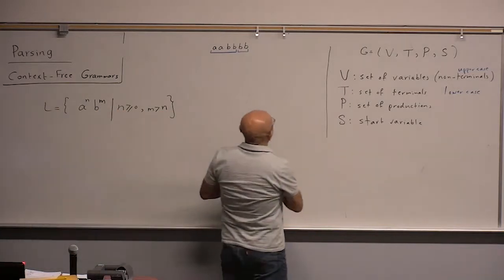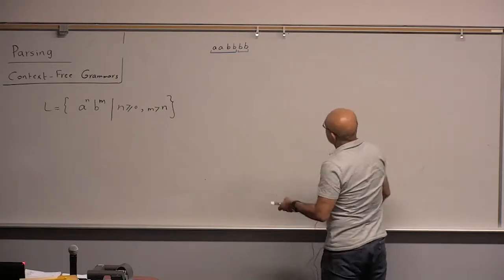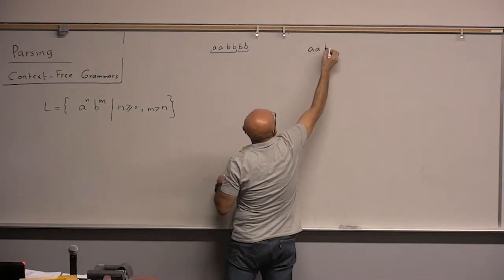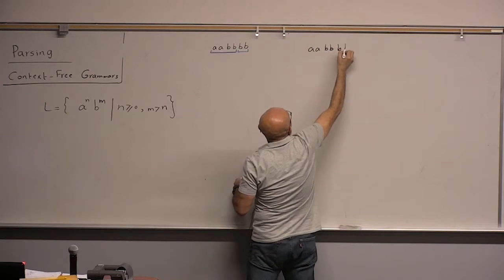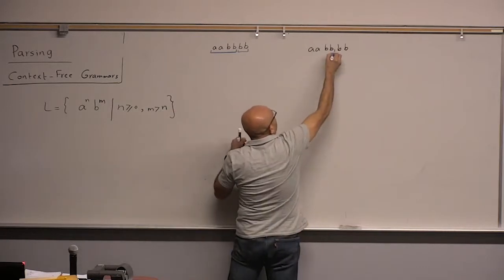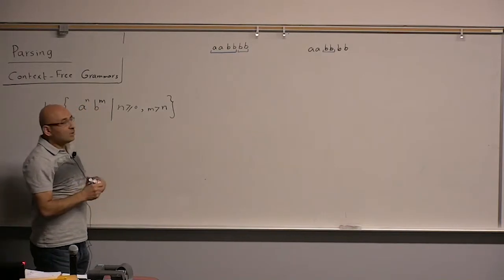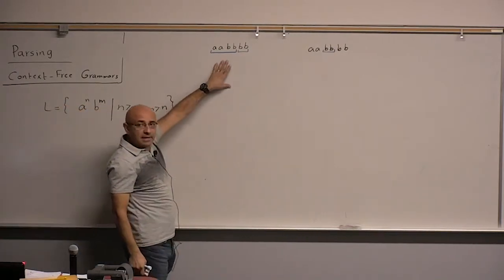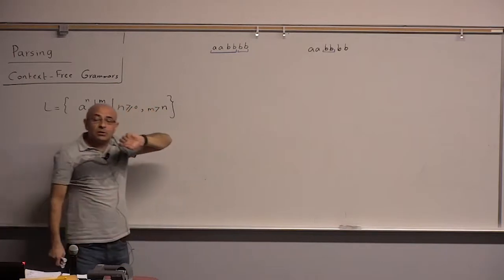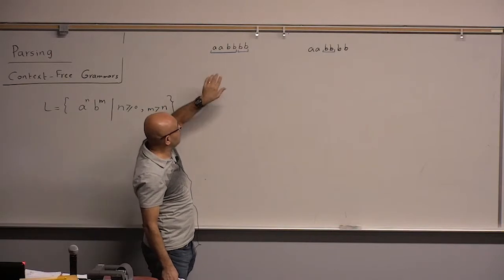Another way of thinking of this is the following. You can think of it as A, B, B, B, B, and you can think of it as this being the core or the center or the middle part of the string. So this is a string that has more B's than A's, a string in which the A's appear before the B's, and there are more B's than A's. There are two different ways of thinking of this string,